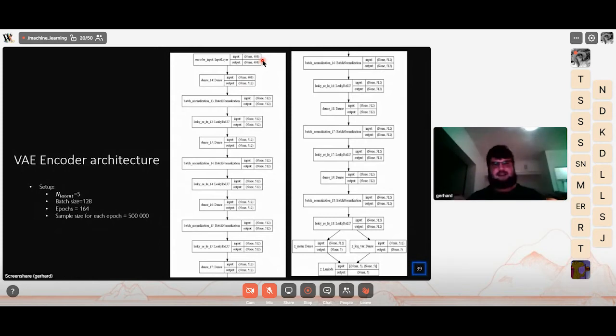So this is the encoder architecture of my variational autoencoder. The input images were 17 by 24, so that gives you 408 pixels. I flattened each of those pixels out, and I just used a normal dense, fully connected neural network. I tried convolutional architectures, but I'll talk about why that didn't work. Essentially, I then have these various layers, each of which has 512 nodes. And after each layer, I batch normalized all of the weights in that layer